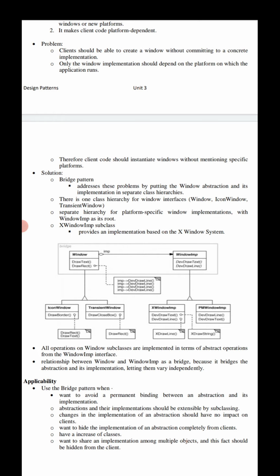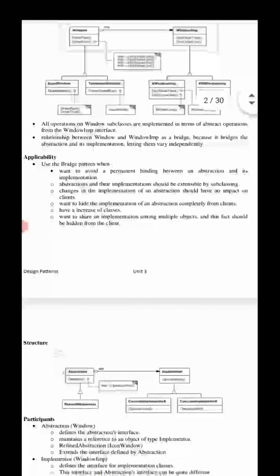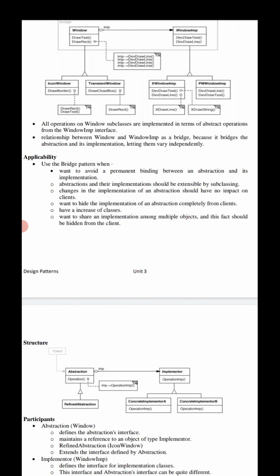Now we need to study the applicability. What is the main use of the bridge design pattern? Use the bridge design pattern when you want to avoid a permanent binding between an abstraction layer and its implementation layer.